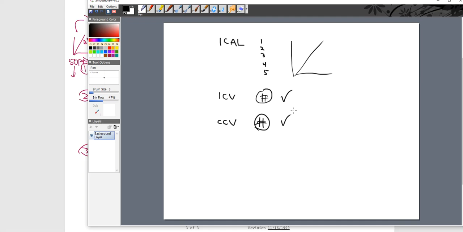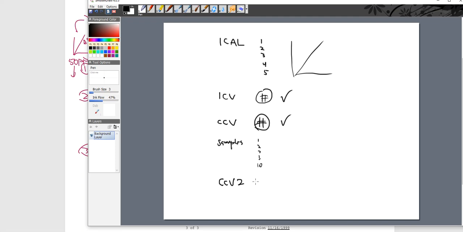Now, after that table, when we looked at it just now, it says you're going to do this before samples. We did. But then it says you're going to do it after every 10. So I now go into my samples. 1, 2, 3, and so on up to 10. If I have more than 10, then I need to make a break. And I need to go back and run a CCV again